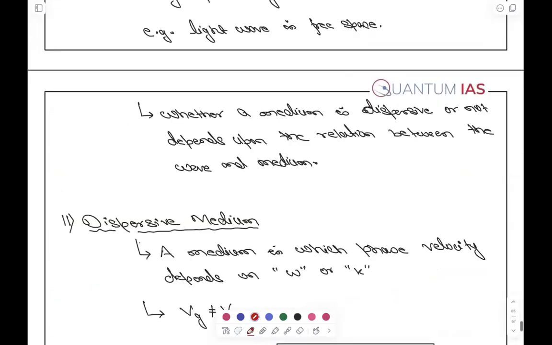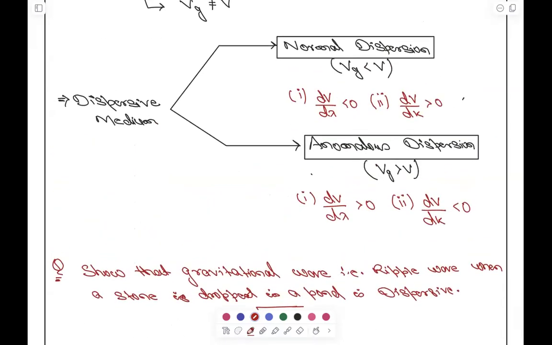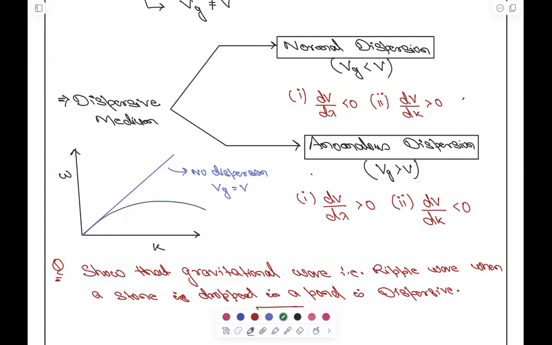अरे मैंने एक चीज यहाँ पर नहीं करवाया ना, ग्राफ ड्रॉ कर लो यार यहाँ पर, नॉर्मल और एनोमलस का। एवरीवन ड्रॉ इट, वेरी इजी टू ड्रॉ। ओमेगा एन के, ठीक है। So if it is no dispersion, like this is my no dispersion, that is Vg is equals to V, ठीक है। For normal, this is normal, तुम थोड़ा और कर्व बना सकते हो, it's up to you, where Vg is less than V, it is my normal।